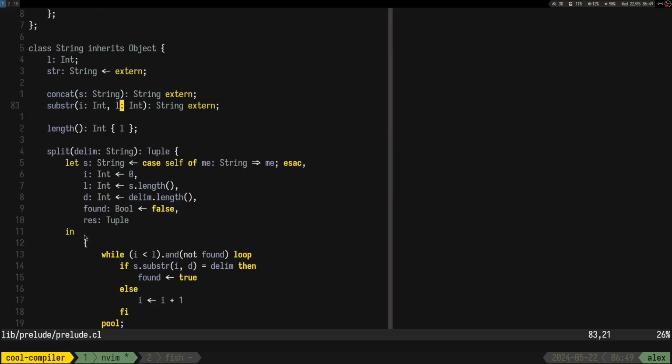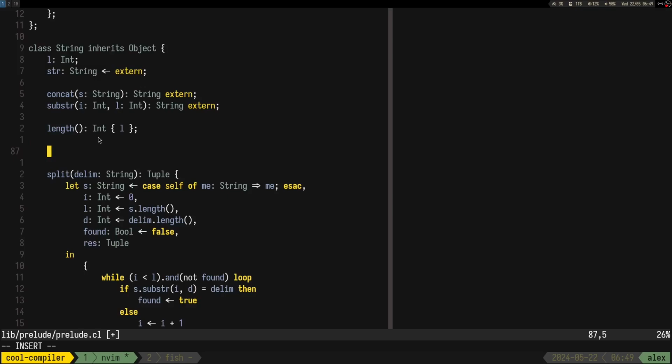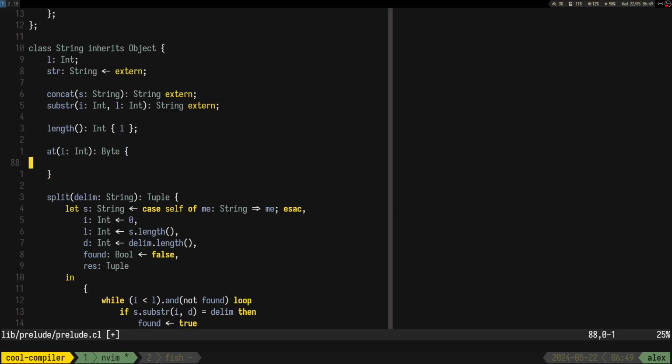You know what? It's finally enough. We can actually just do that, like modify the standard library when we want. So it's going to be at, we give it the index, and this thing, I guess it can return a byte. Why not? Okay, so it can return a single byte.